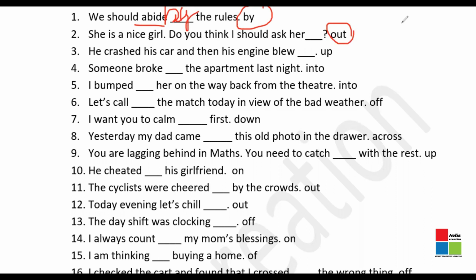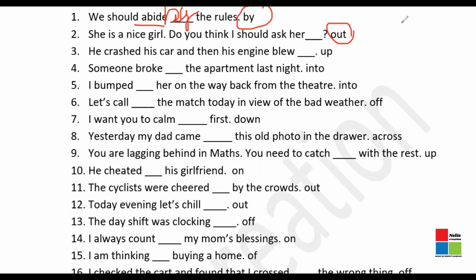Now, my dear students, in your English language paper for the ICSE and ISC, most of the time, 50% of prepositions are phrasal verbs. So if you have a doubt with phrasal verb, it is a combination of verb as well as a preposition. So ask her out, it means where you are asking, inviting somebody to come and spend some time with you, especially when you ask a girl out or ask a boy out. Of course, you're going out to date. This can be used in any way.